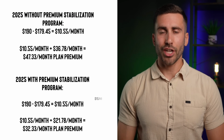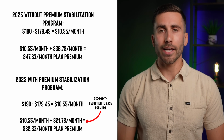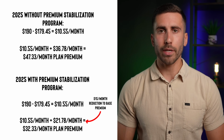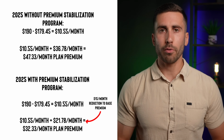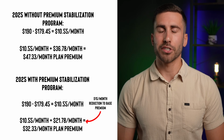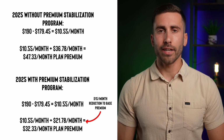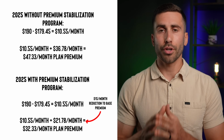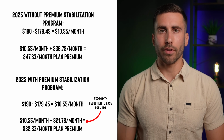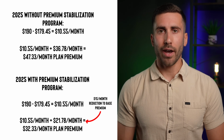However, the calculation changes due to the $15 per month reduction in the base premium as part of this demonstration program. In this case, the base beneficiary premium for participating plans would be reduced from $36.78 per month to $21.78 per month. And again, this matters because instead of adding $10.55 to $36.78, we would instead add the $10.55 to